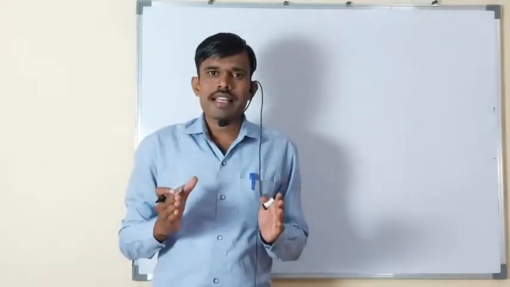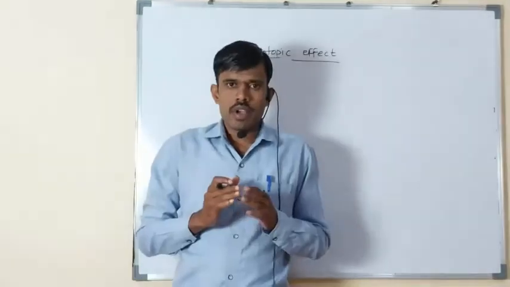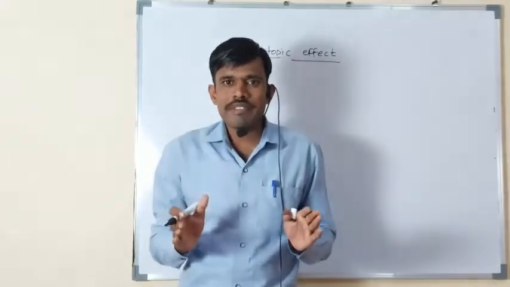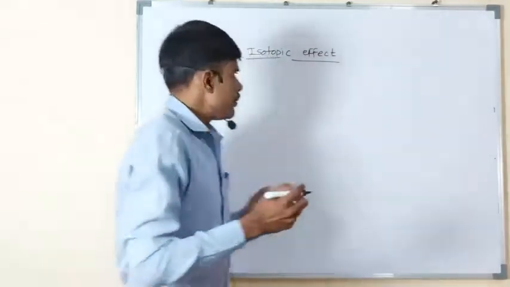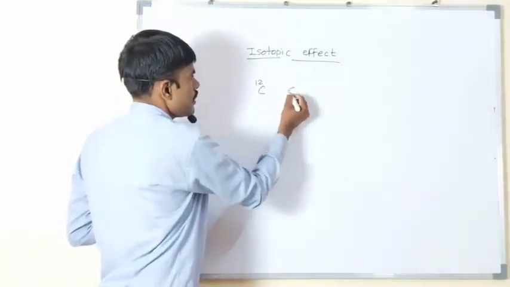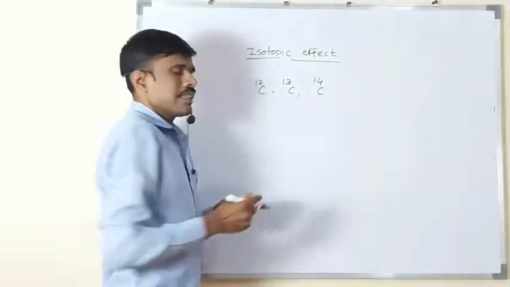Next point is the isotopic effect on rotational spectra. What is meant by isotope? Isotope means same element having different masses. For example, carbon 12, carbon 13, carbon 14. These are